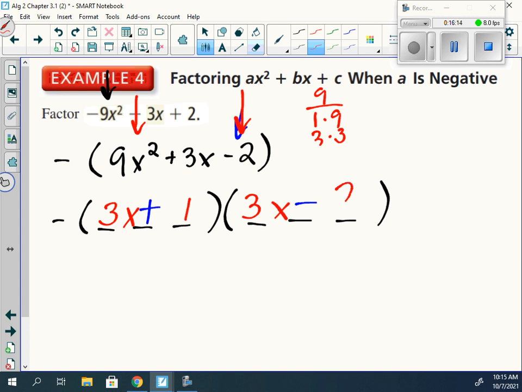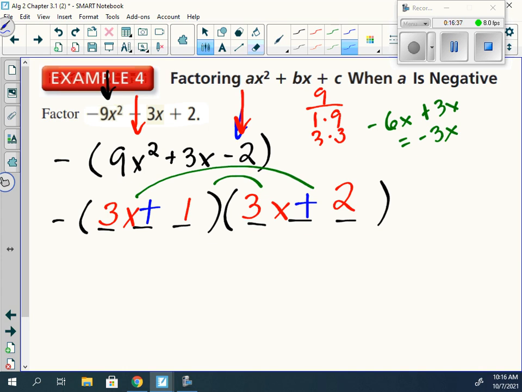And then 1 and 2, and when we check it, 3x times -2 is -6x, 1 times 3x is plus, and -6x plus 3x is -3x. Need to switch the signs. Minus. So